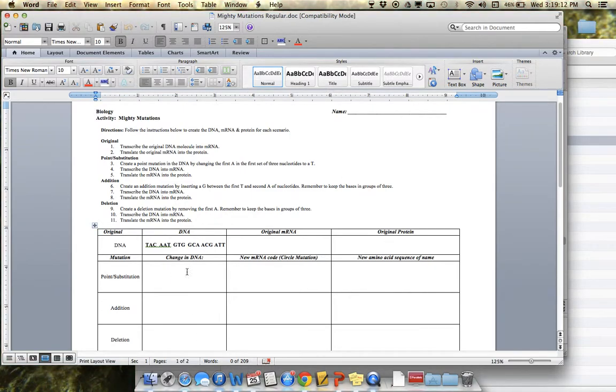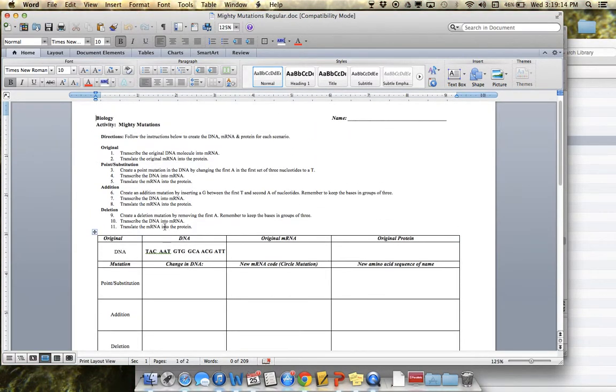Then I'm going to have you mutate them. I'm saying create a point mutation in the DNA by changing the first A in the first set of 3 nucleotides to a T. This first A is right here. Everybody see that? So I'm going to change that A to a T. Down here, I'll have TTC and then continue on with the normal AAT, GTG, and so on. Give me the new messenger RNA code,